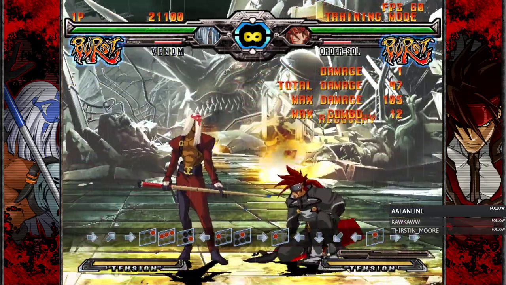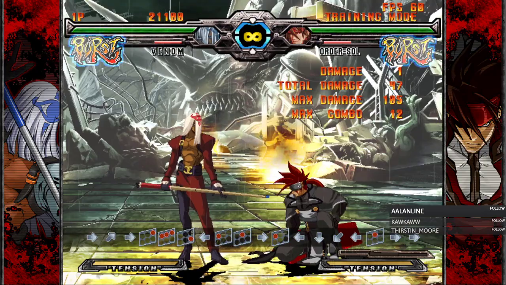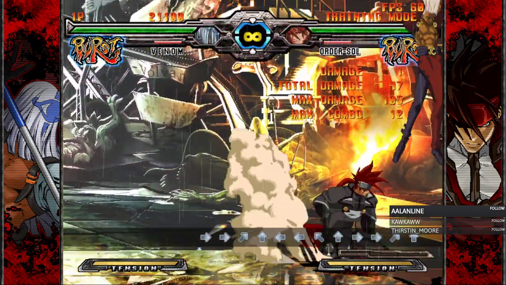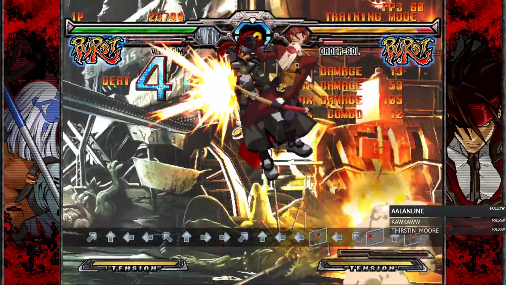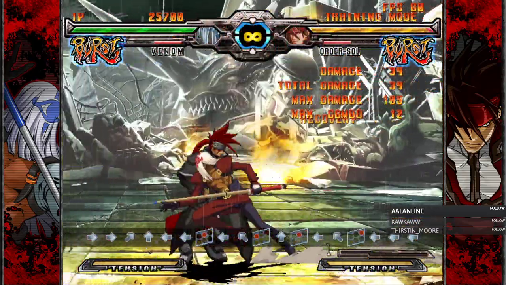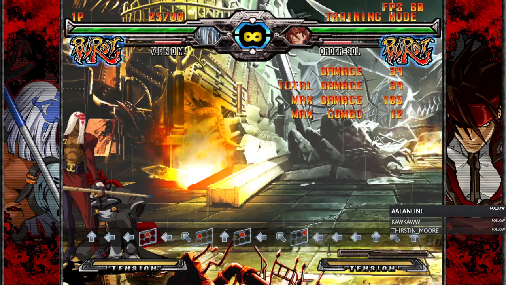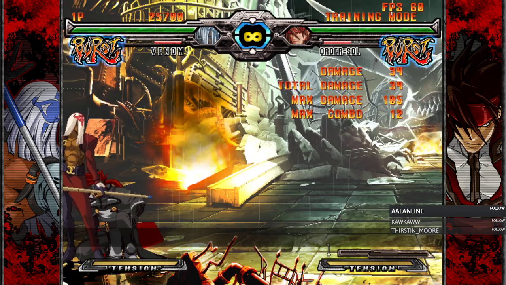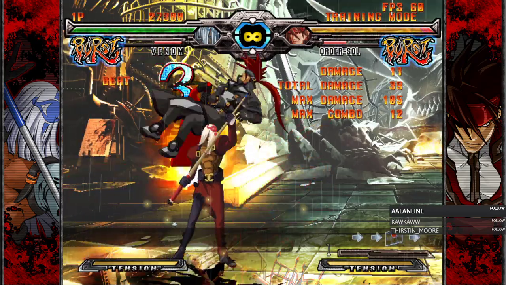So yeah, it is hard to combo off it because there's a lot of variables, like where you want the screen, but you can get something off it, and if nothing else, you can maybe get a knockdown. I messed it up. But that's pretty much the only way you're going to be able to combo anything from that height, is to get FRC, and really that even applies for